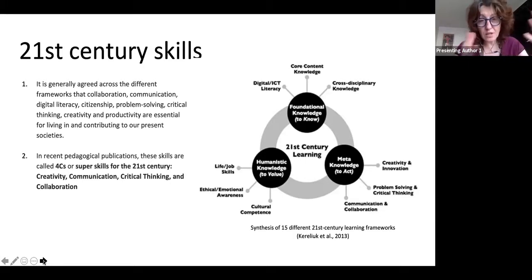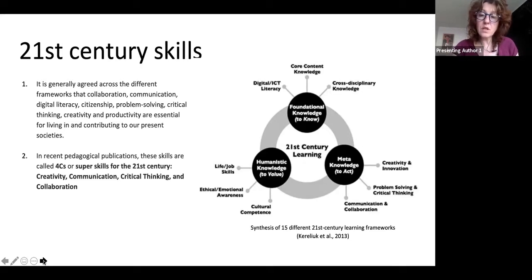When you look at this list, it looks really complex, like we need everything. But we started to look at these things following Prensky, who says that the way we teach today is made for an industrial society, but our society has shifted to something else, and these are all the skills we need. Kareliuk, in his very good paper, proposed this synthesis of 15 different